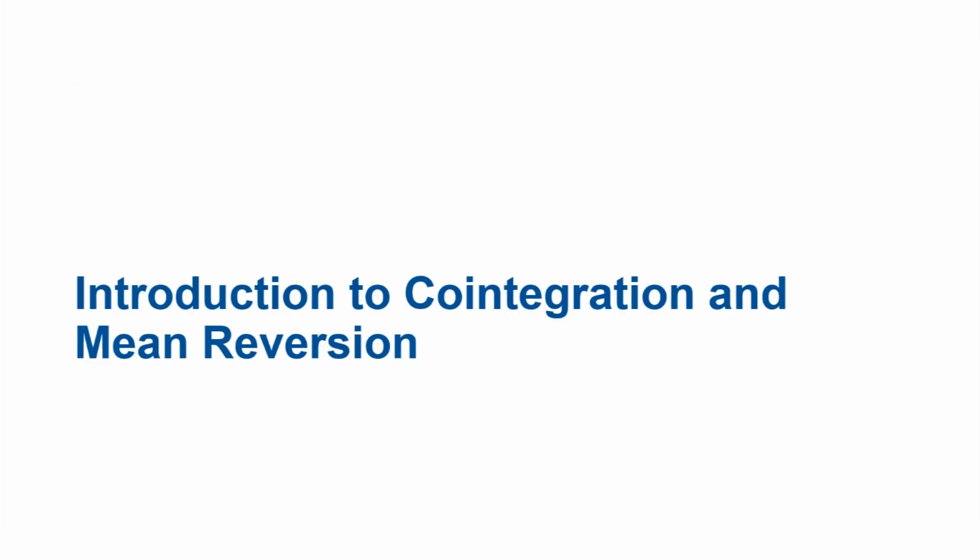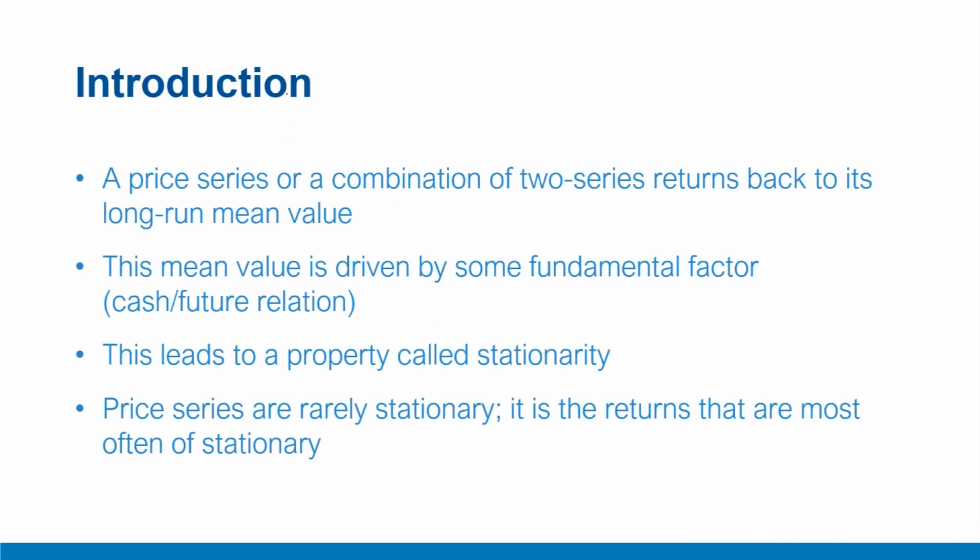In this video, we'll introduce a very fundamental and important concept called co-integration and mean reversion in time series properties. To begin with, if two series, let's say yt and xt, have a property of coming together towards each other, and even if in the short term there are deviations, they come together towards each other, that means if you take some combination of yt and xt, because of this fundamental property of staying with each other, the combination of these two series has some kind of long run mean value. And like I said, this long term relationship or mean is driven by some fundamental factor.